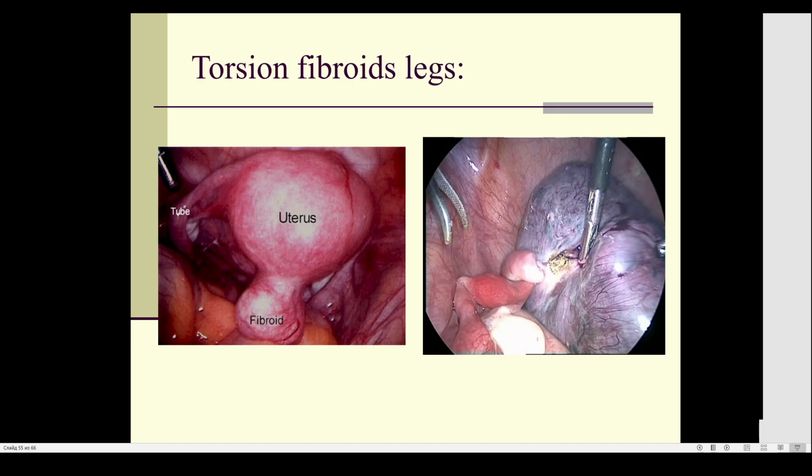And you can see maybe different legs, different peduncles. If the peduncle is thinner, torsion of this leg can happen more easily. You can see it's the uterus, it's a subserous myoma. If torsion happens in this place, of course, as a result we can see necrosis of the myomatous node. You can see again that torsion of the leg is present and necrosis of the tumor happens.